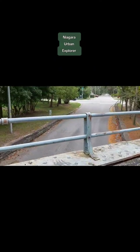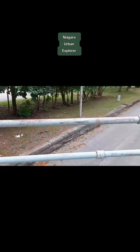This railing's still pretty solid. I wonder, this would have split the tracks, one down each side. And this is our view. And of course we've got the unhappiness in through the bushes here. Just had a bunch of fire trucks over there. I'm not sure what was going on, but